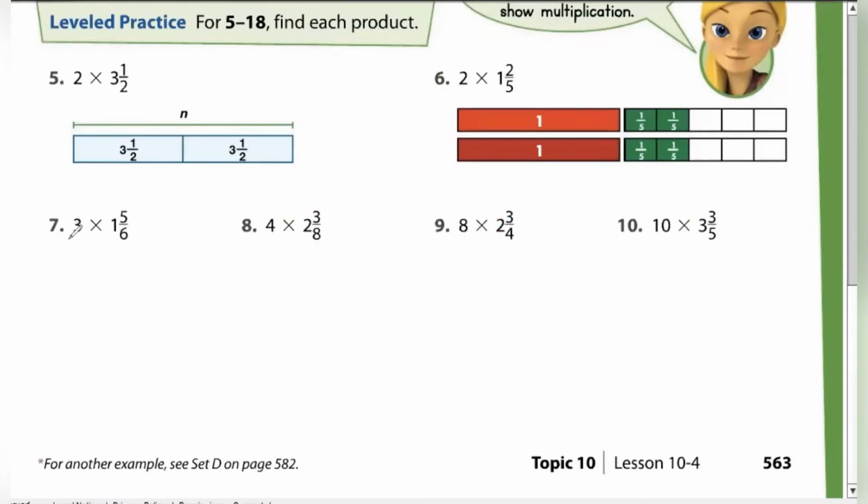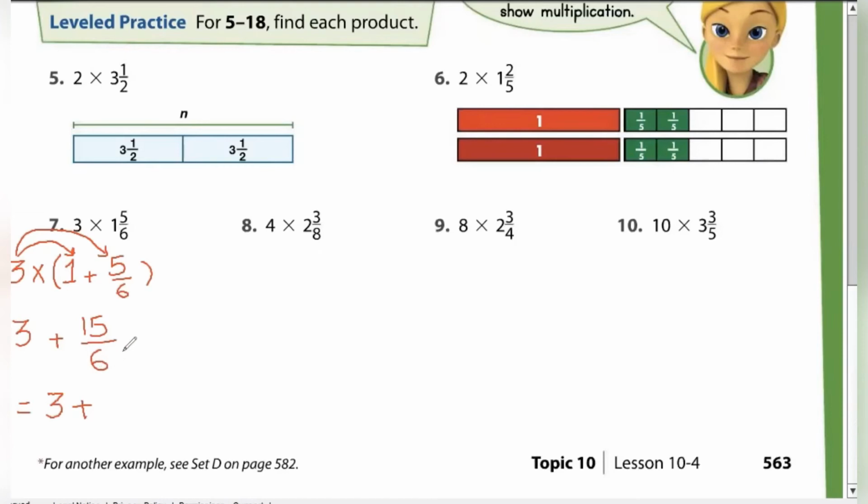Number 7, 3 times 1 and 5 out of 6. I will keep 3 as it is, times, I will decompose the mixed number into whole part plus the fraction part. Now distribute 3, multiply it by 1, and multiply it by 5 out of 6, equals 3 times 1 equals 3, plus 3 times 5, 15 out of 6, equals 3 plus, I will convert this improper fraction into